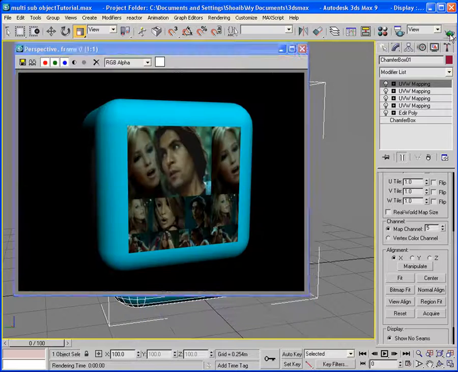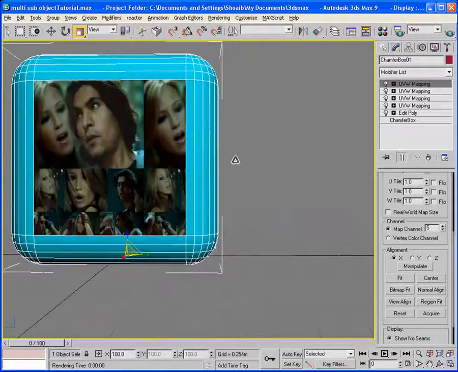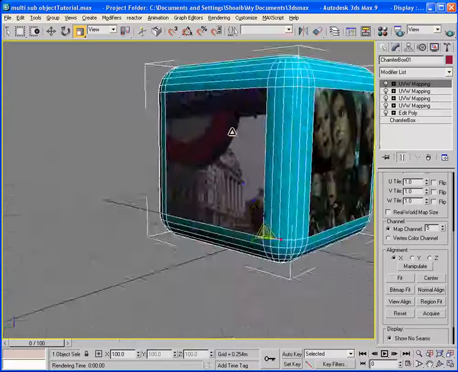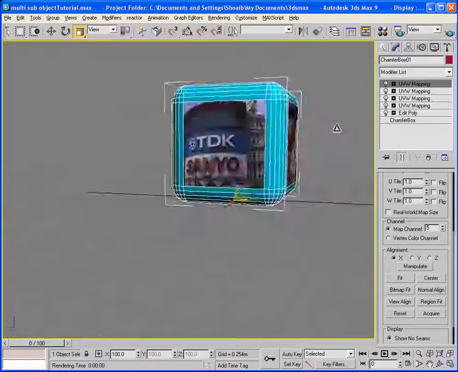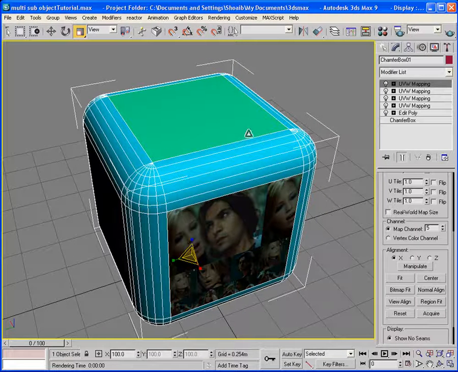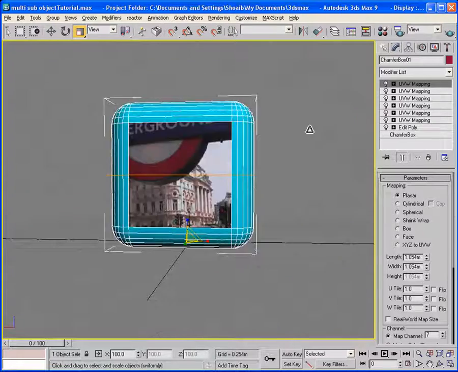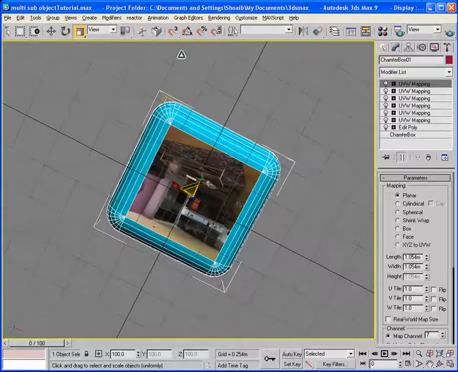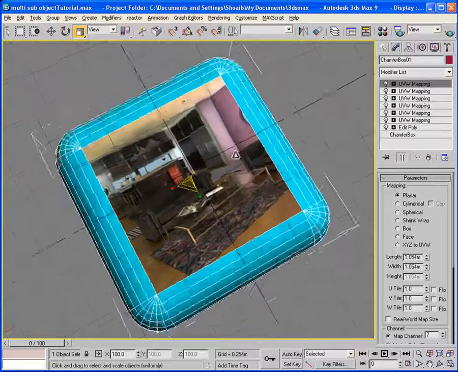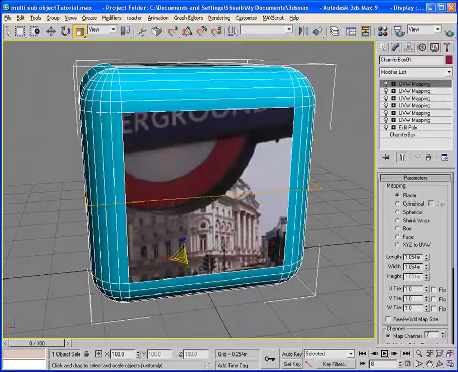So when you render it, this is how it looks. In the same way, just apply the rest of the materials to the other sides as well. We've got 2 more materials, and I'm hoping that you can apply those 2 materials. So I'll see you in a bit. Okay, here we are. I have applied all the materials to all the sides. I've used the same method as I've shown you, and you can see all the materials